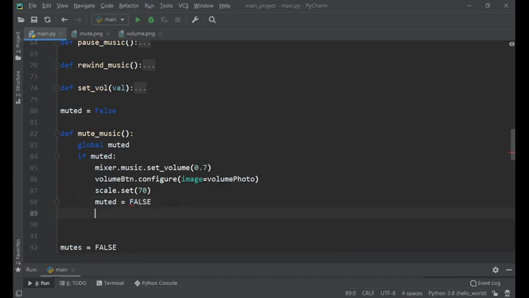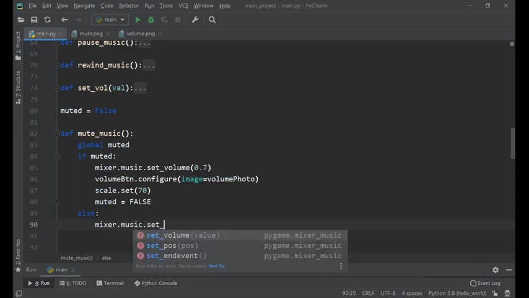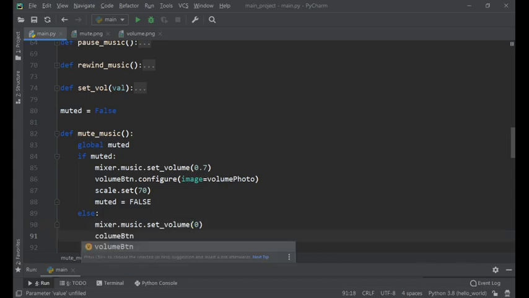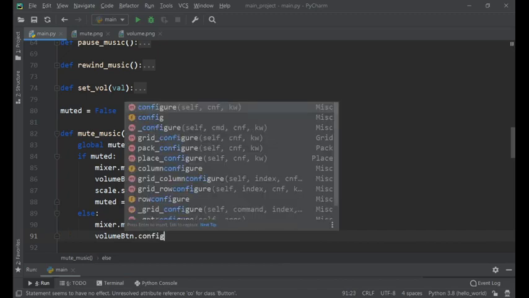Okay. And then now we're going to say else. So if muted is not equal to True, we are going to say music dot set volume. We're going to set the volume to 0, so that will obviously mean it's muted. We're going to say volume button dot configure. What we're going to do is we're going to